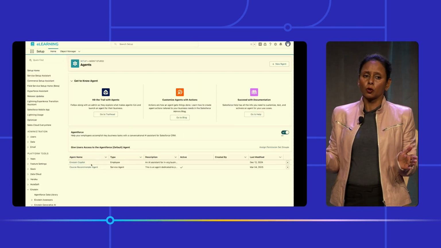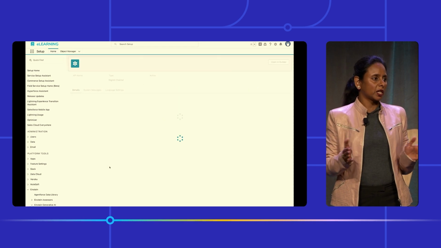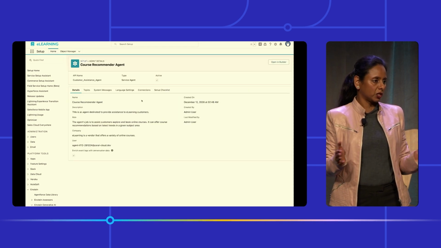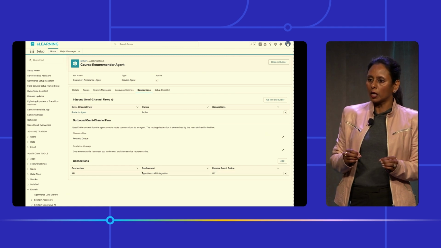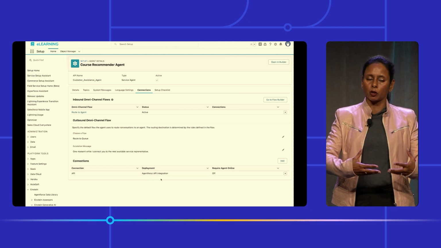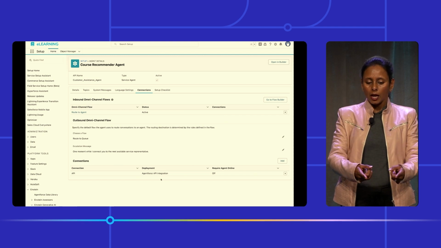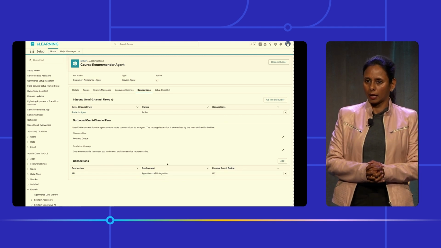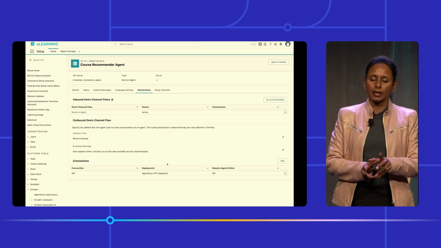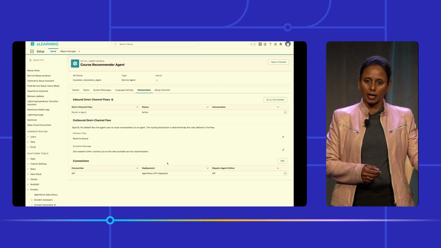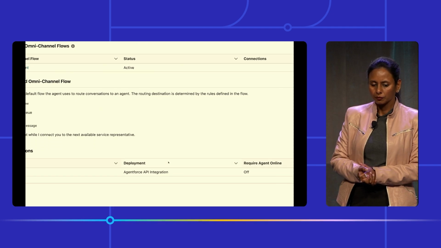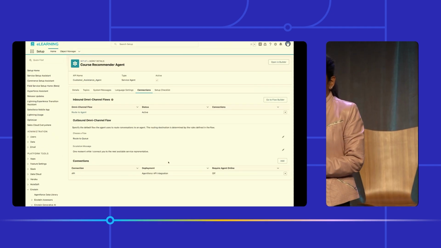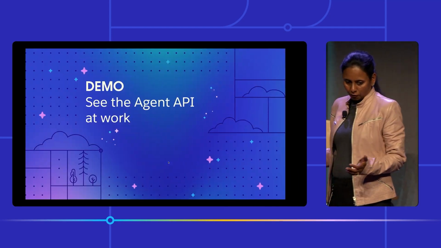So this is you configuring an Agentforce agent. It is a run-of-the-mill Agentforce agent, just as you would any other agent, right? The only thing that you have to do here, if you want to expose it programmatically via an API, is to add this connected app here for the API. And that is the connected app that you will create using the configuration that Philip just showcased. All right, so this is as simple and as straightforward as that.